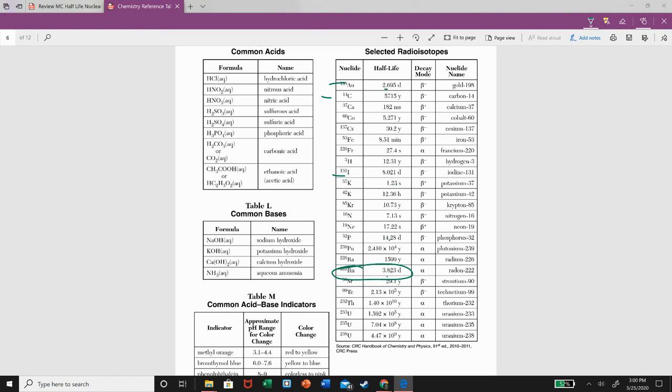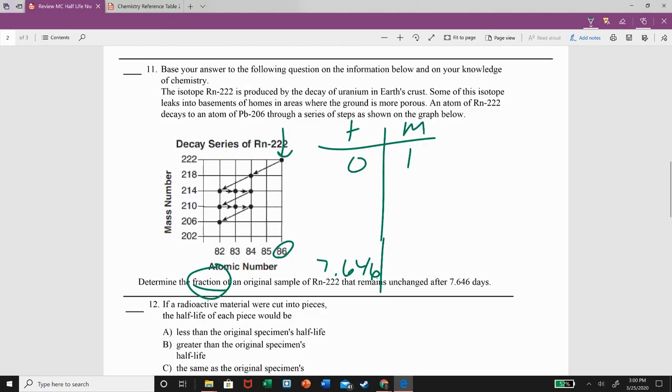And here we have 3.823 days. Okay, so 3.823 is my half-life. So after 3.823 days, 1 becomes a half. So now I have to do another half-life, right? So 3.823 plus another 3.823 days. And now that gets us to,